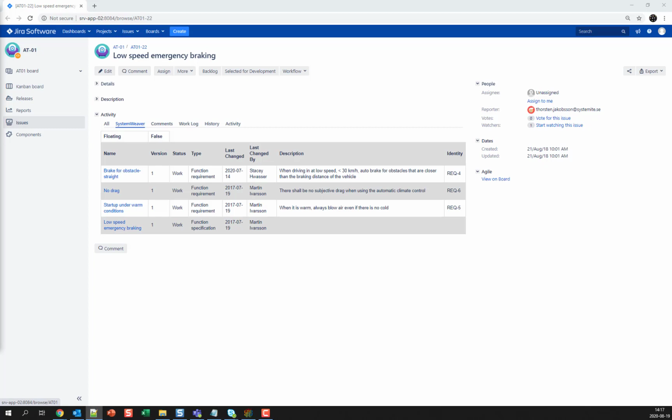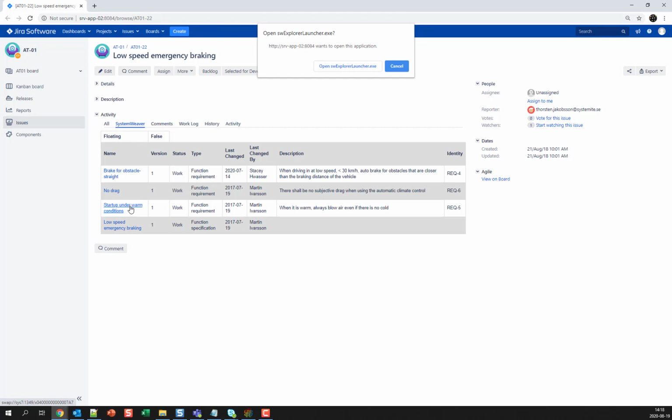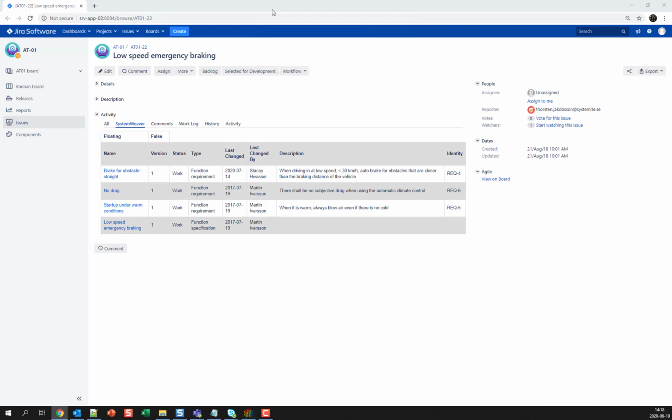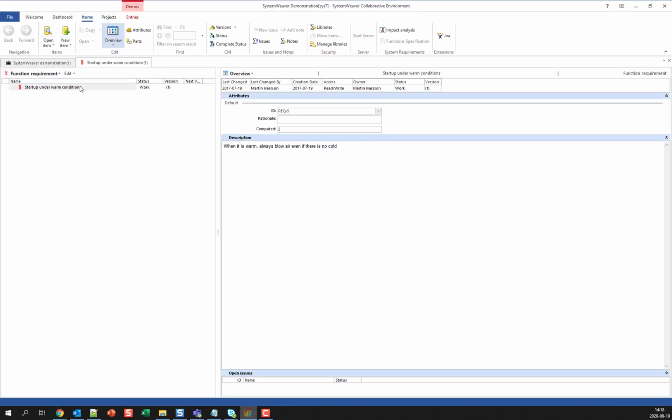If you just want to redirect to the item itself, just simply click on the name link. You'll get a dialog requesting to open our Explorer launcher, so do that. And what this does then is just opens up the requirement, in this case, in its own tab here,